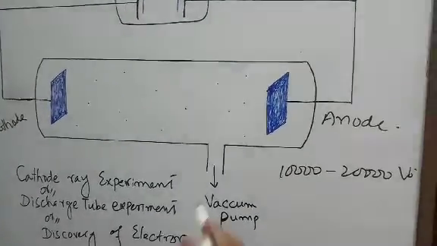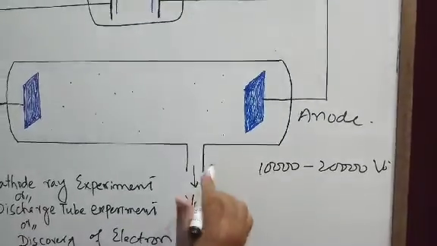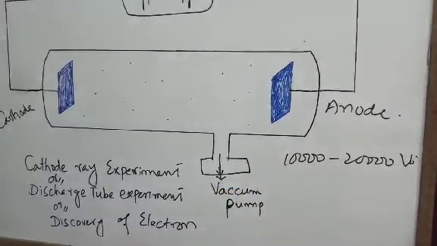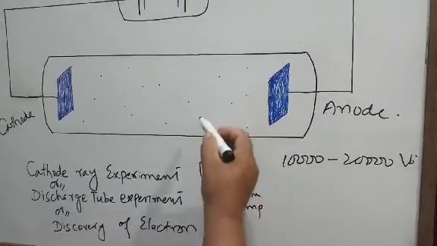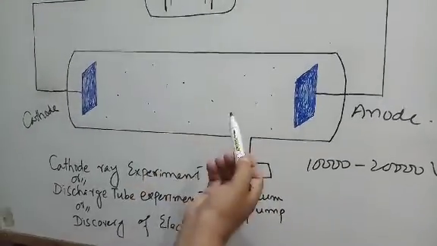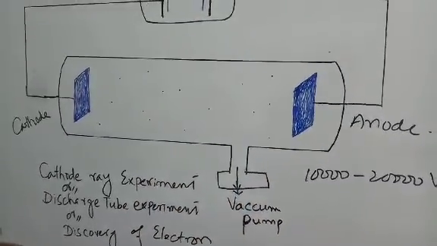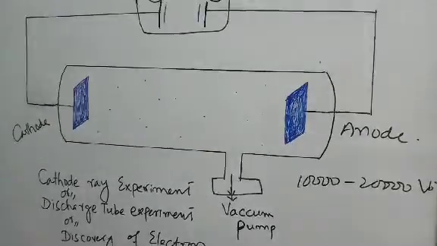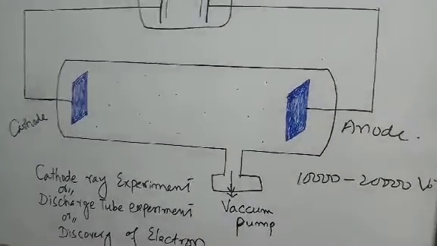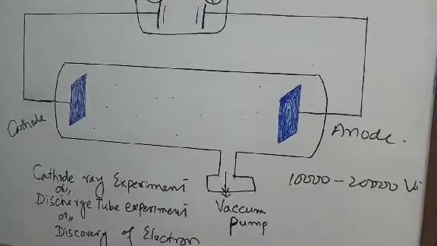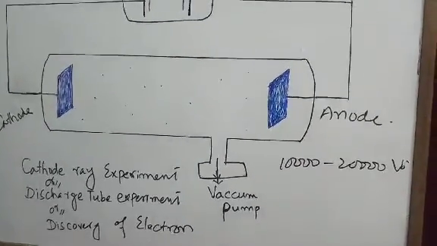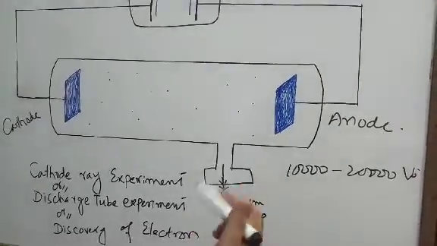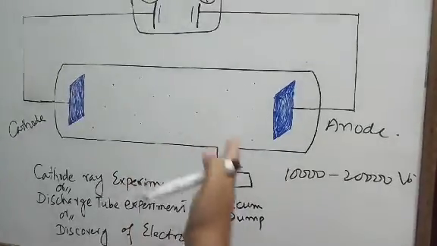So they adjusted a special instrument here, which is known as a vacuum pump. What is the job of the vacuum pump? It pumps out all of the gas or air, whatever is present inside the discharge tube. When they pump out the gas or air from this discharge tube, the pressure inside is highly reduced. So under the reduced pressure, they passed such high voltage. The vacuum pump was started and they evacuated the tube.